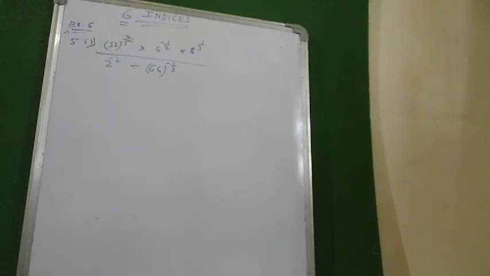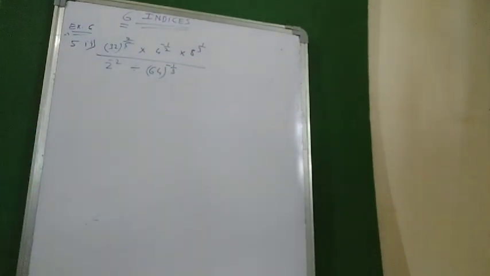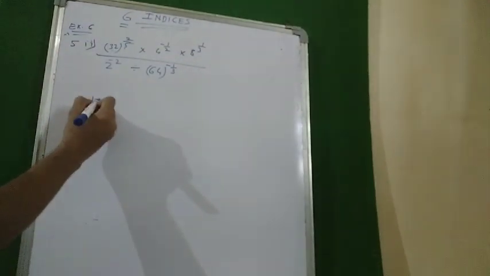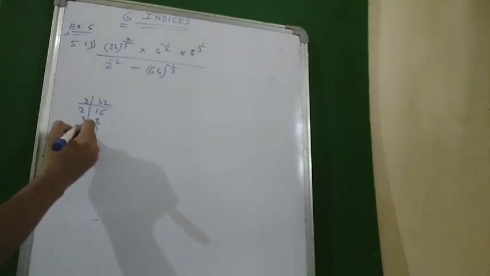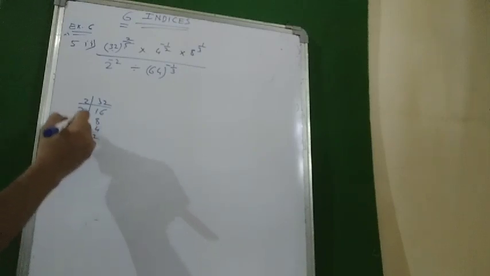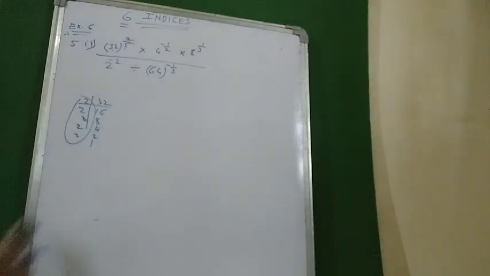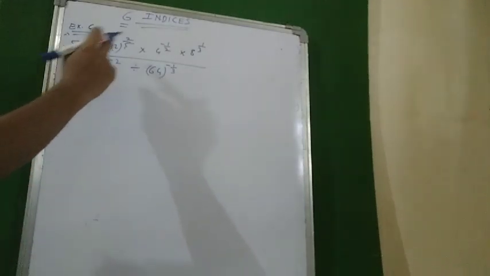Okay, we'll see the second part of the fifth question. So 32, and it is 5 in the denominator, so it is something related to fifth root. I'll just find the factors of 32. 2 16s are, 2 8s are, 2 4s are, 2 2s are, 2 1s are. So it is 2 raised to 5. Okay, so I can say that 32 can be written as 2 raised to 5.